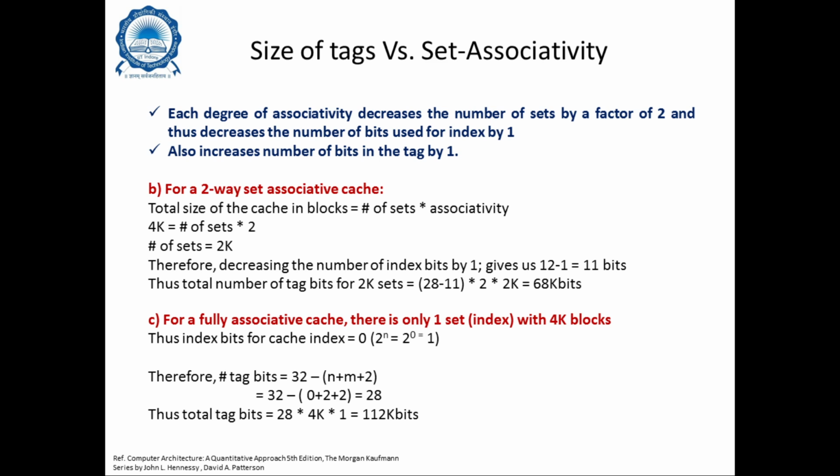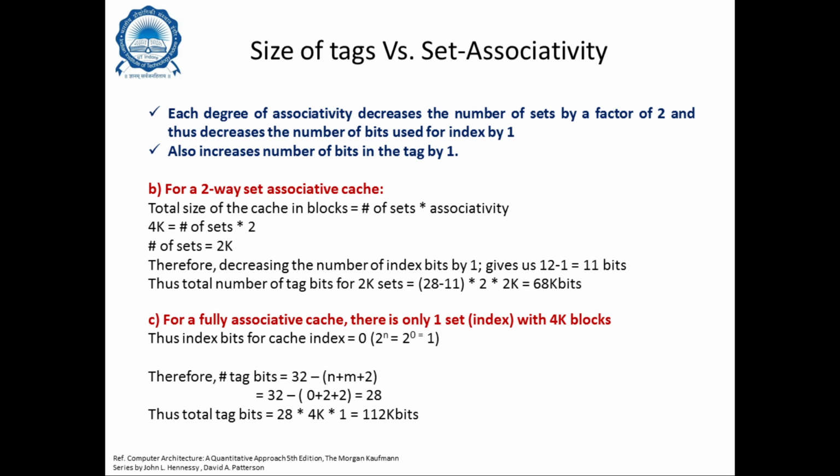Okay, and that will be multiplied by 2 because it's a 2-way set associative cache, that is 2 elements will be there per set. So therefore it is multiplied by 2, right? And then that is multiplied by the number of entries. Okay, the number of entries means the number of sets that are available. So that is 2K. So therefore (28 minus 11) multiplied by 2. So this multiplied by 2 is actually giving you